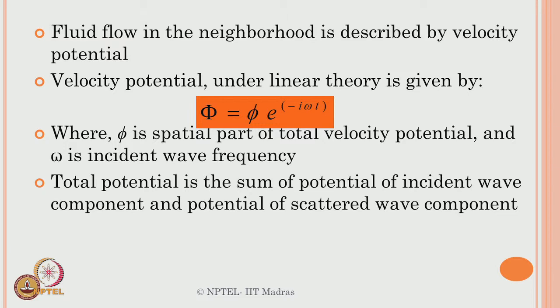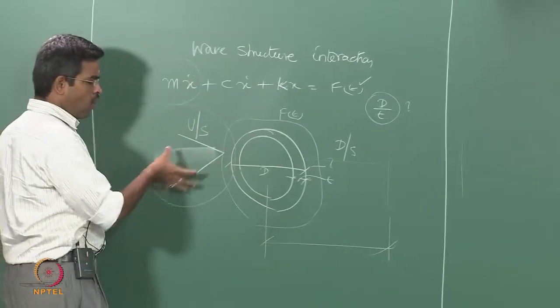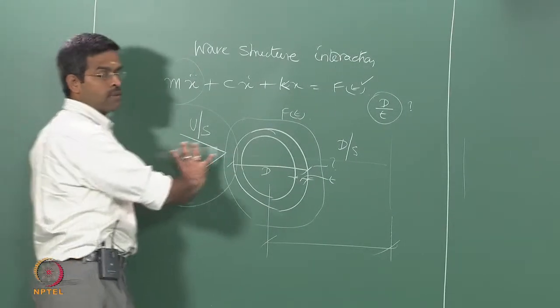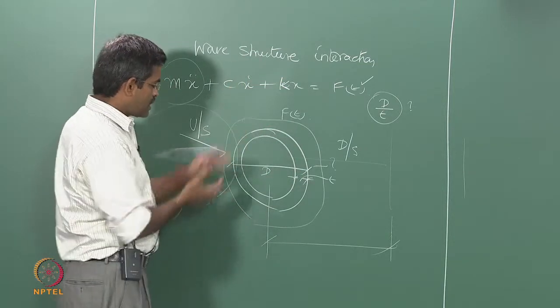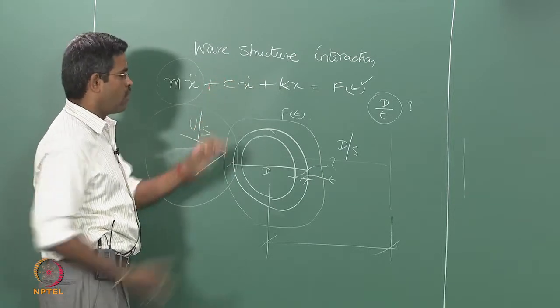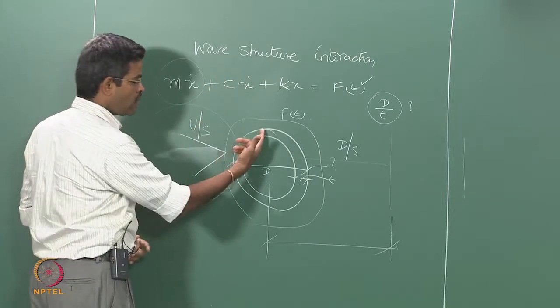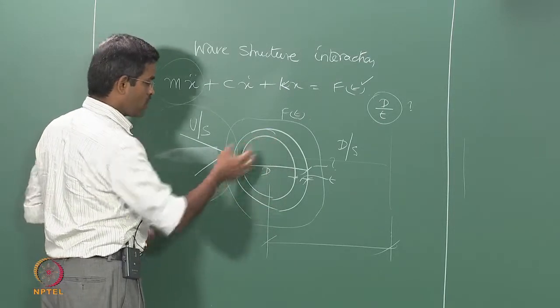Now, the total potential of course in this case is going to be the sum of the potential of instant wave component and that of the scattered wave component, because the moment the wave or the wave particles come and hit the member, all the wave particles do not pass the member at all, they also get scattered because of the interference effect, and that scattering or the volume of scattering and extent of scattering of course depends on, or the reflection depends on, what is the characteristic dimension of this member with respect to that of the wavelength,